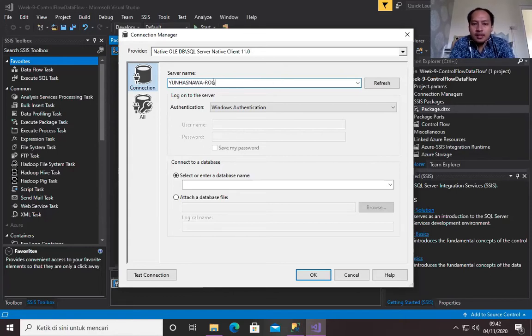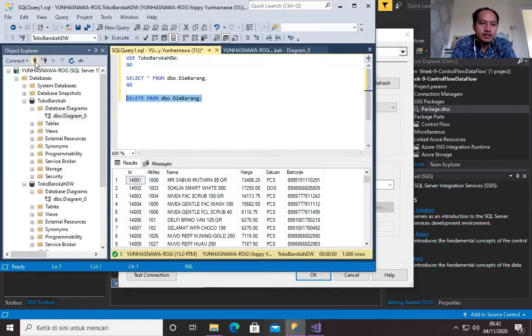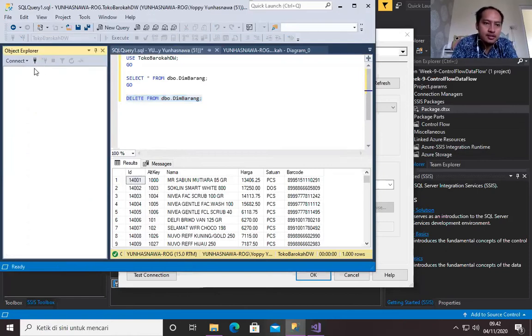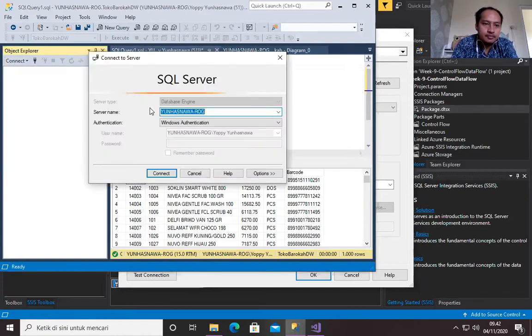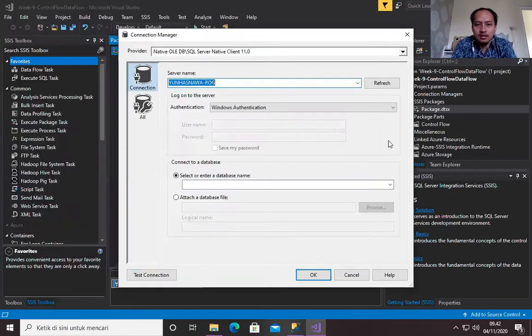This is the same text that you use in your SSMS if you want to connect to your database. Again, this is the same as this one, our server name. It can be anything, but if you want to make sure, you just copy paste from your SSMS login window. I press Control C here, and then Control V here.